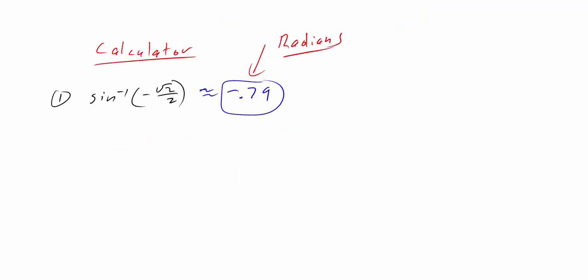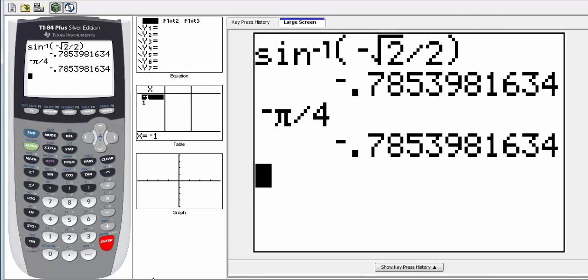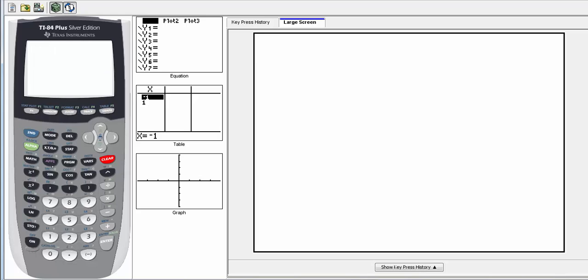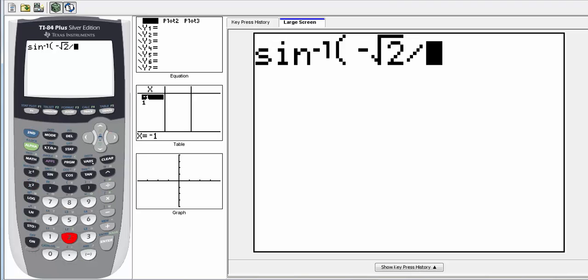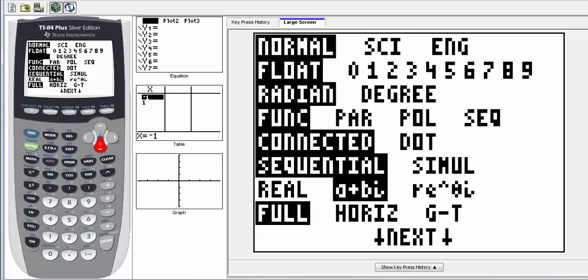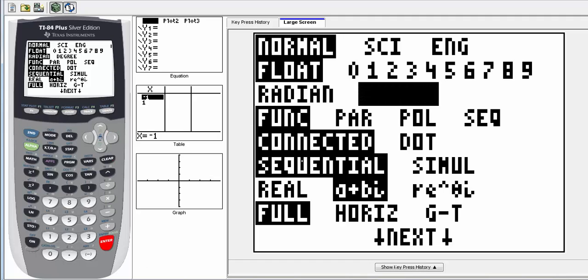For example, I do want to point this out. If we took the same problem, inverse sine negative square root of 2 over 2, and we have the calculator in degrees, let me clear this out. If we go into second sine, negative square root of 2 divided by 2. Now I want to go into the mode, and I'm going to change this to degrees. Again, I think for all our problems we're going to be in radians, but if I change this into degrees,